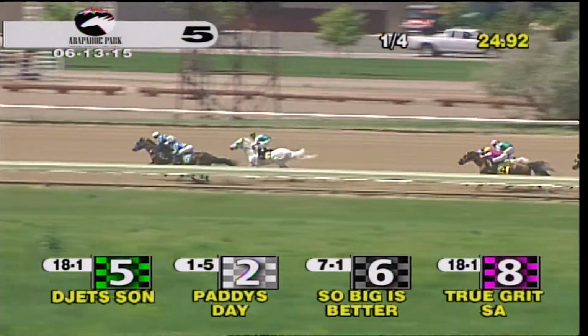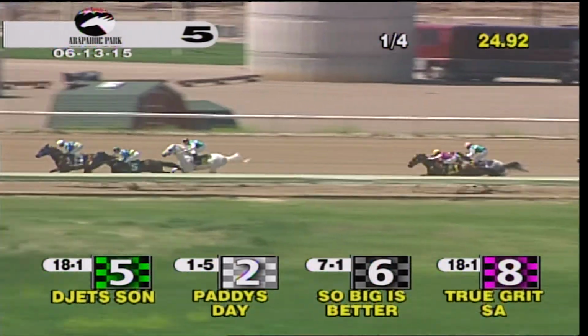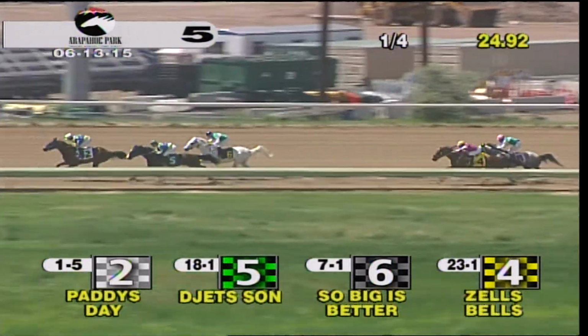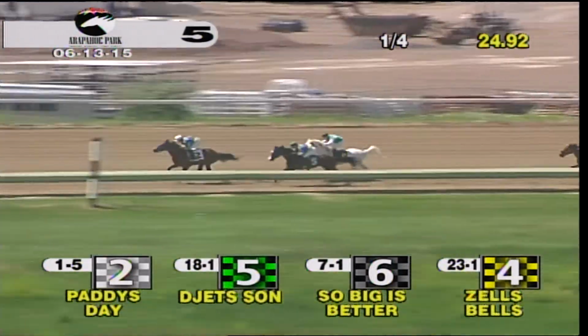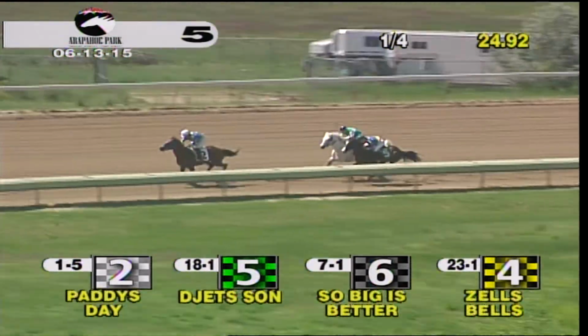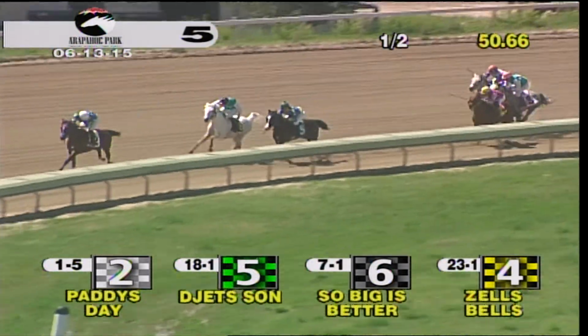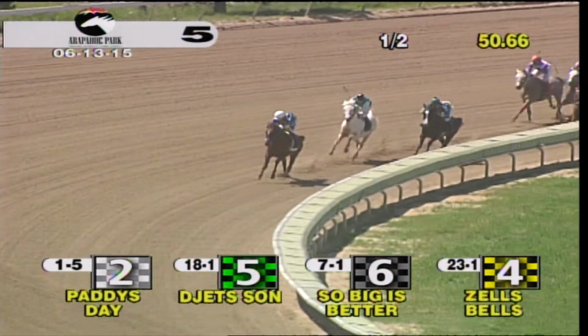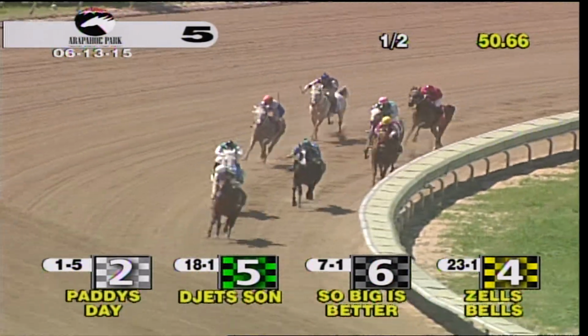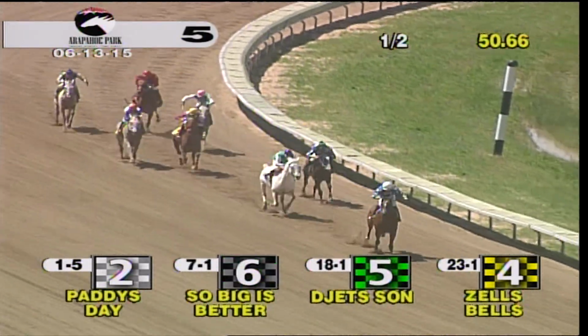They move into the far turn, and it's Paddy's Day who asserts for Carlo Lopez and comfortably grabs the lead from stablemate The Jet Sun, opens up a length and a half. 2013 Arabian Horse of the Year So Big Is Better making his move into 2nd. So you have the future of Arabian racing and the past of Arabian racing, 1, 2 past the quarter pole, and the rest of them are dropping back in the field as Paddy's Day turns for home, racing to the